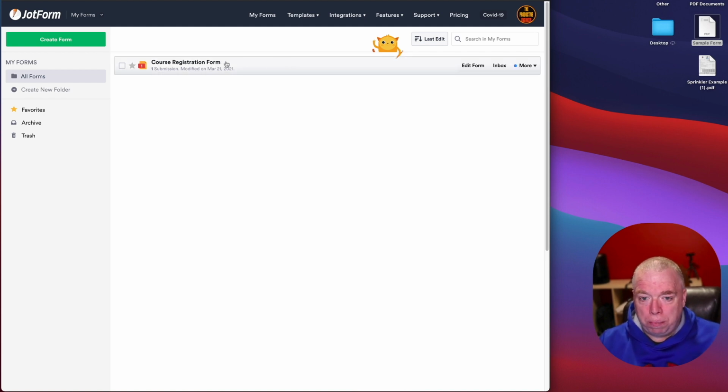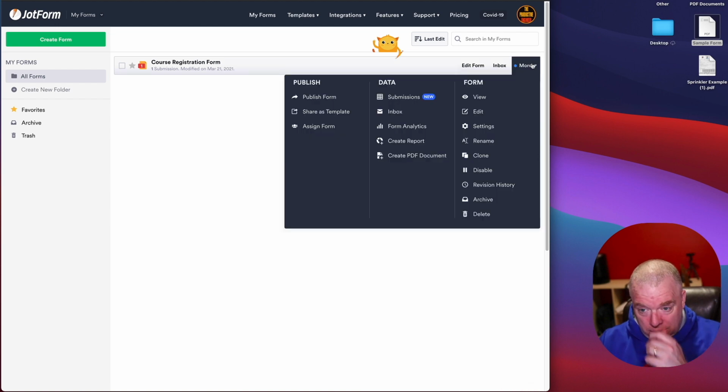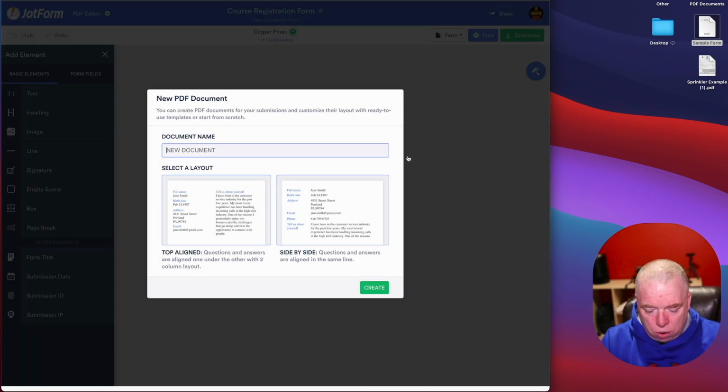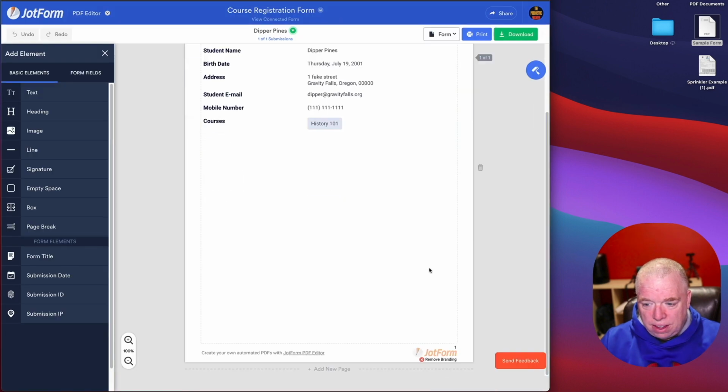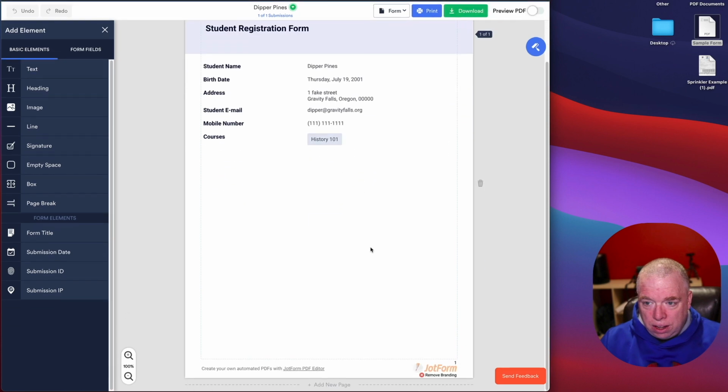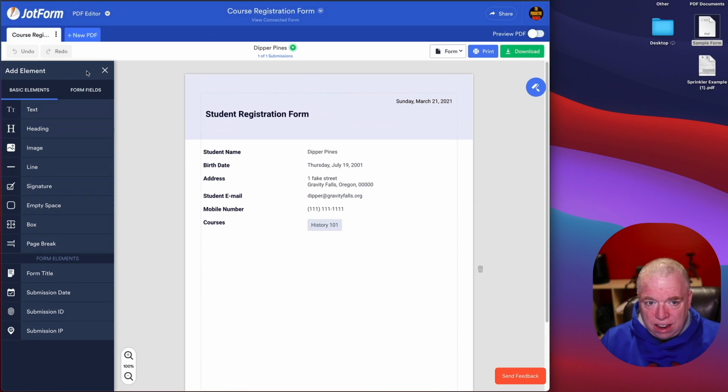So the first thing you want to do is go into My Forms, find the form you want, go to More, and go down here to PDF document over here in data and create PDF document. You click on that. We'll call this course registration PDF, and we'll just do it. That's fine. We'll hit create. Select the layout. Okay, we'll do that one. We'll do this one. Create, and as you can see here, I now have my student registration form created,